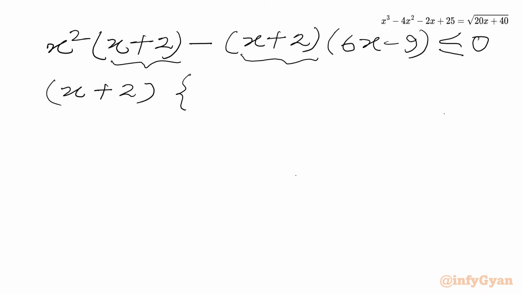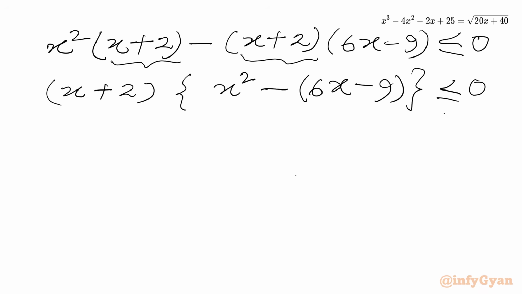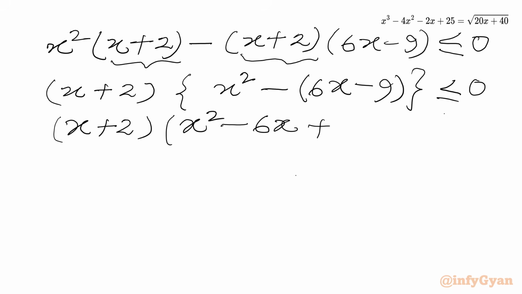In the other bracket, we'll write x square minus of 6x minus 9 less than or equal to 0. So x plus 2 times x square minus 6x plus 9 should be less than or equal to 0,